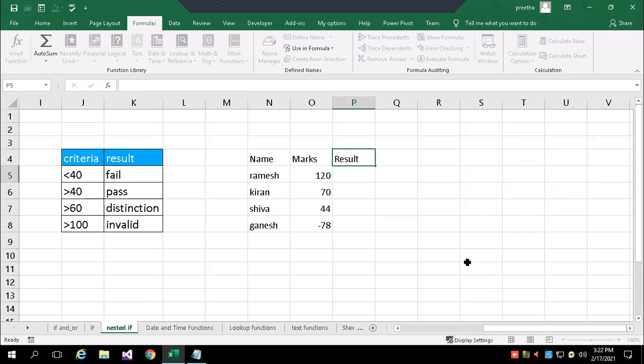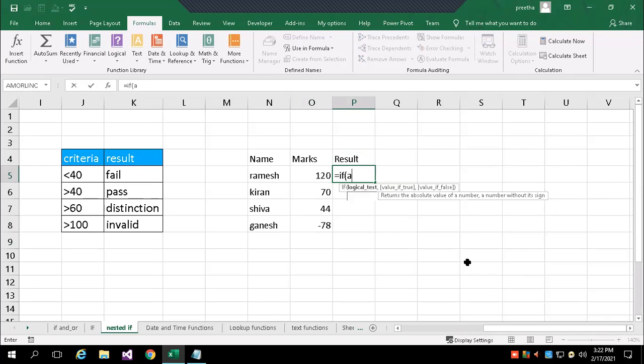Now the result column. How do I write the formula? You can observe: equals if. I have to check that it should not be greater than 100, so two conditions I have to monitor every time. So AND, and the marks column is O5. My cell address currently where I have written is column O and 5, so I have given O5.